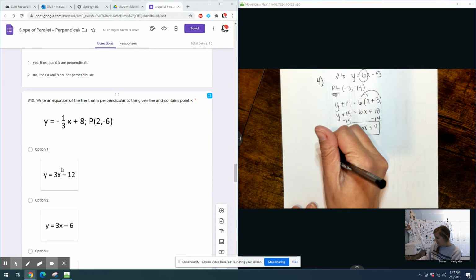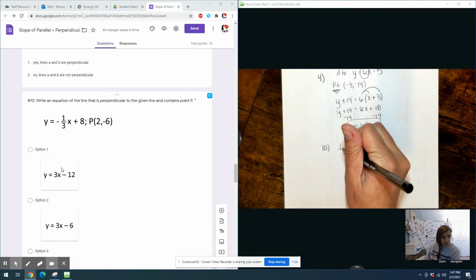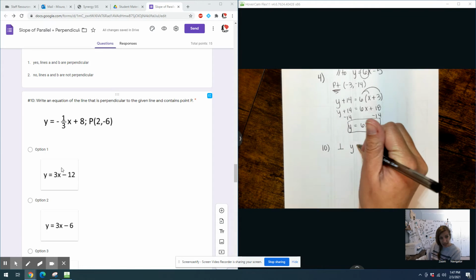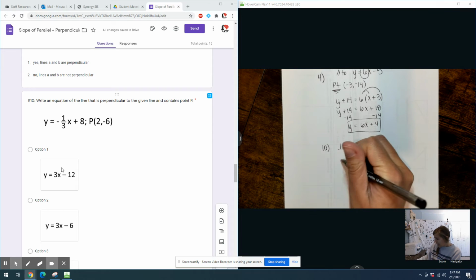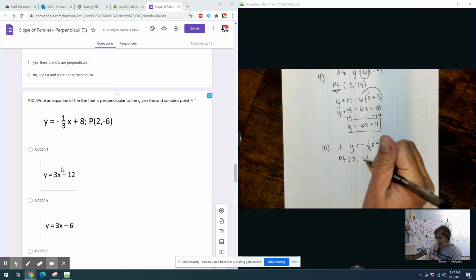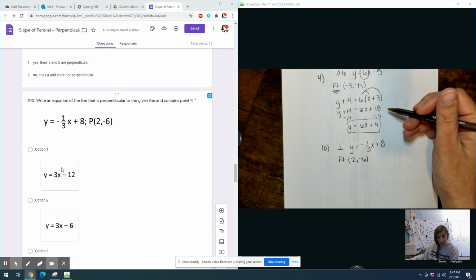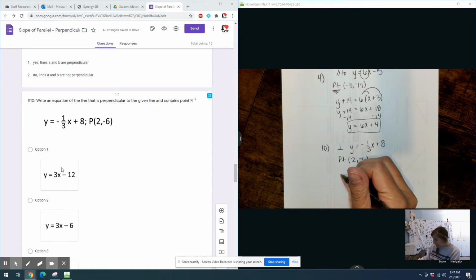So number 10, we have that we need to be perpendicular to y equals negative 1/3 x plus 8. And I have to go through the point 2 comma negative 6. So just like this last one, I'm going to put it in point slope form. So y minus the y value, so really plus 6,